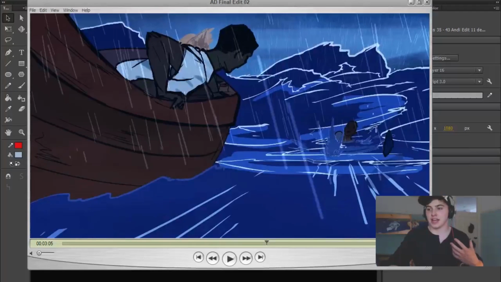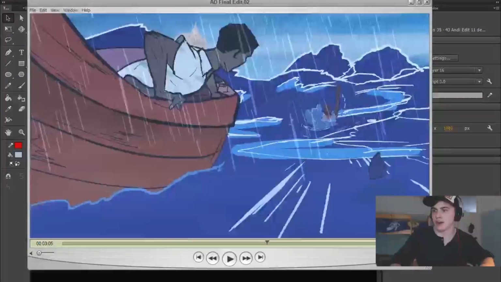So we see in this shot him leaning over the side of the boat, having just realized that his dear friend has been lost to the ocean. So that is some powerful stuff, and that would be traumatizing. So I was wondering what I could do for that. Actually, what I decided to do was to instill a feeling of helplessness. If I move through the frames, you can see that